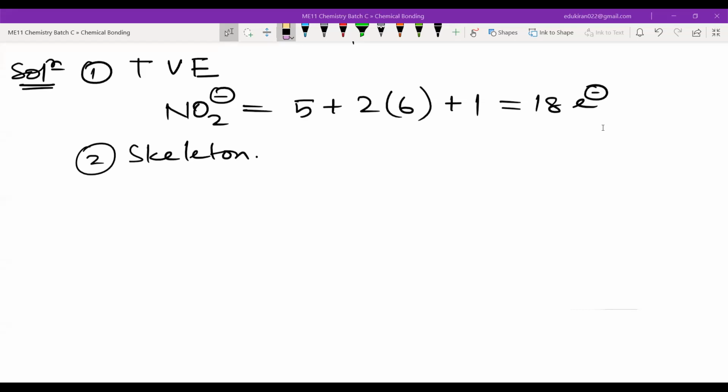And also, guys, I am one of those students in 11th and 12th standard who used to write the least. Not only 11th, 12th standard, till my master's, I still write the least amount of information that I have to write. So whatever I am writing on the board, please copy that. Don't leave anything out, okay? If I write the remaining, the total valence electrons, used electrons, remaining electrons, that is important, then only I am writing. Okay, so please copy whatever I am writing. Don't leave anything, because what I write is the minimum possible.